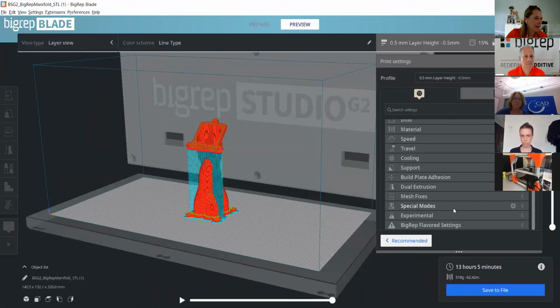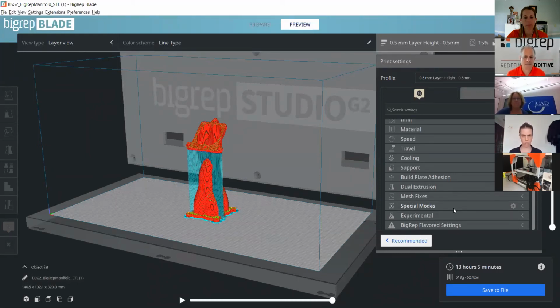Great. Another question, not having sliced any parts in this size range, are there processing constraints or issues with slicing? No, I don't think so. But our team is here to help you along the way. I do find that since releasing Blade and not using third-party software, it's really attuned to what needs to happen.